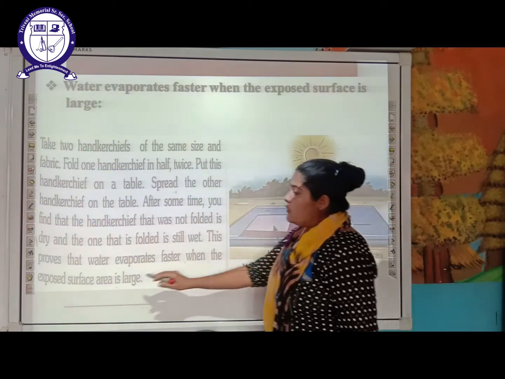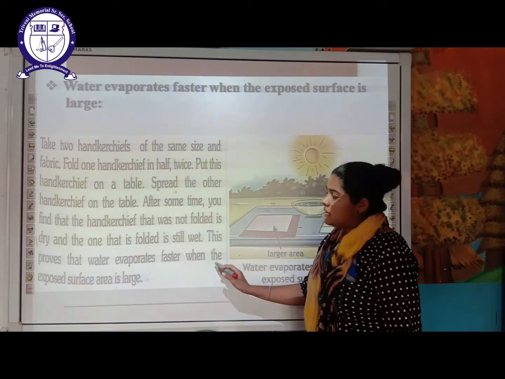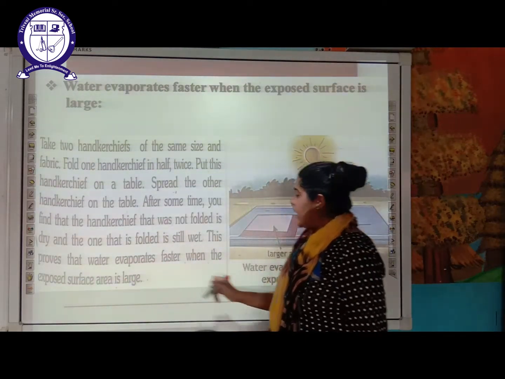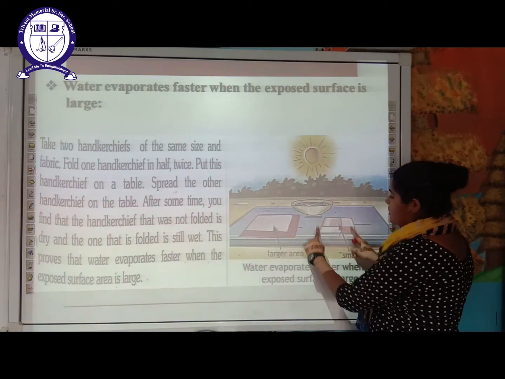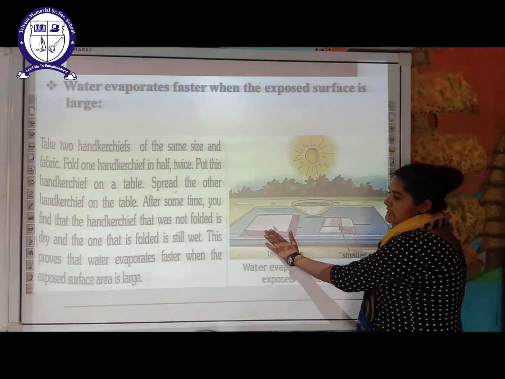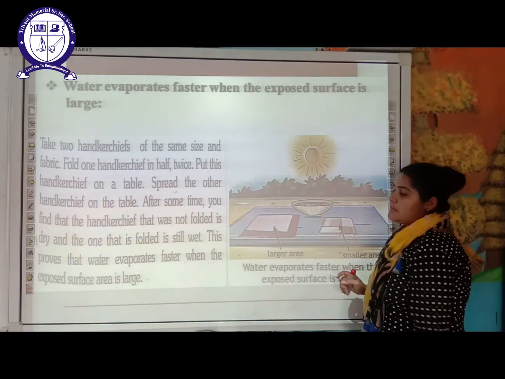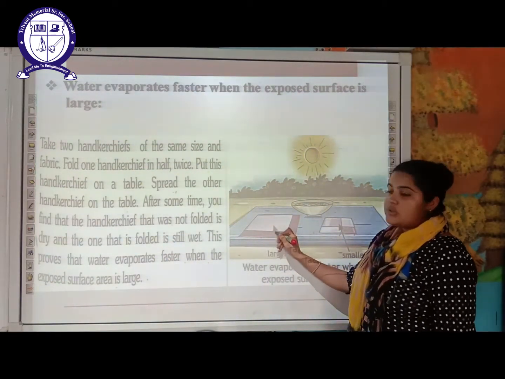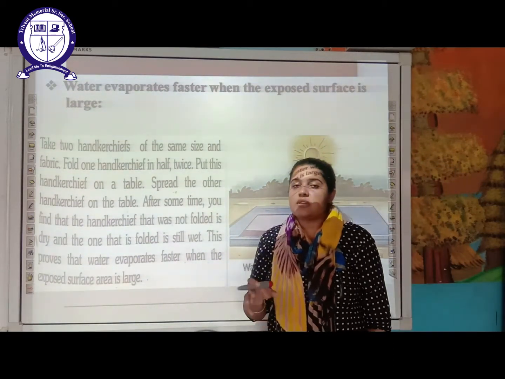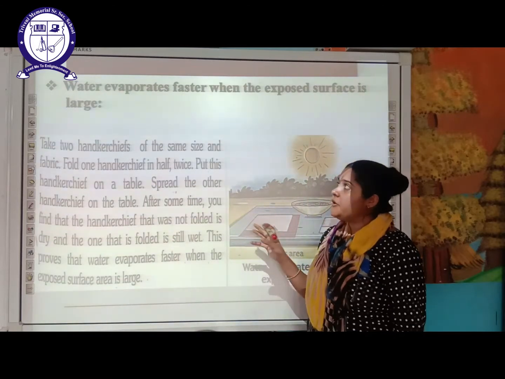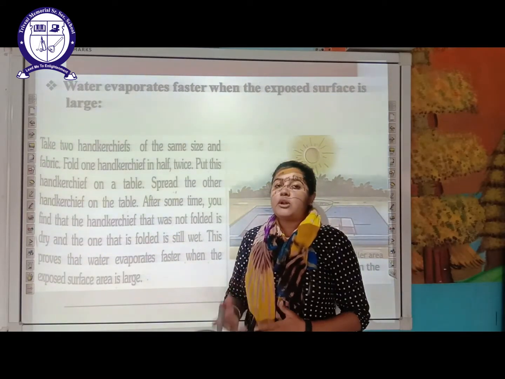So this proves that water evaporates faster when the exposed surface area is large. Okay, as you can see, this exposed surface area is large as compared to this one. So it dries faster. That means the rate of evaporation is much faster when the exposed surface is large. Okay, so these are the four various factors which affect the rate of evaporation. Let's move on to the next